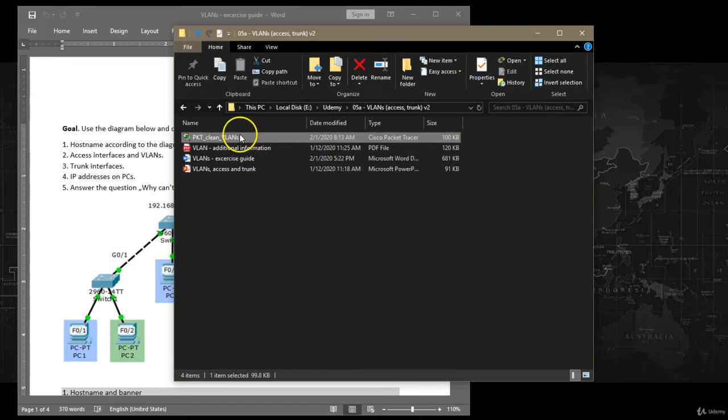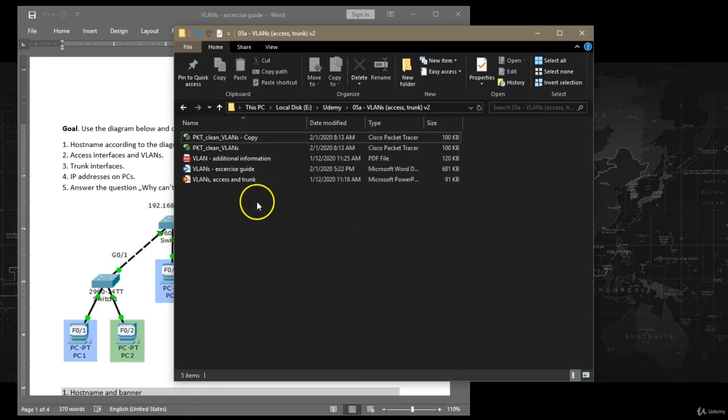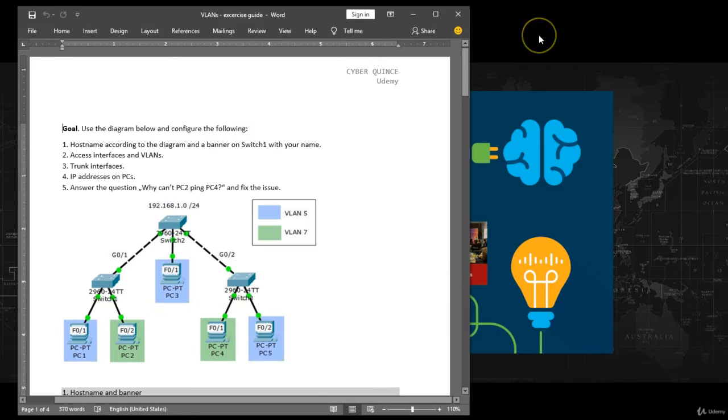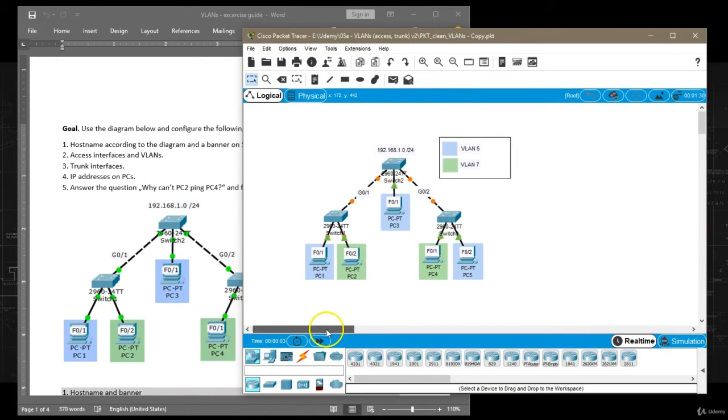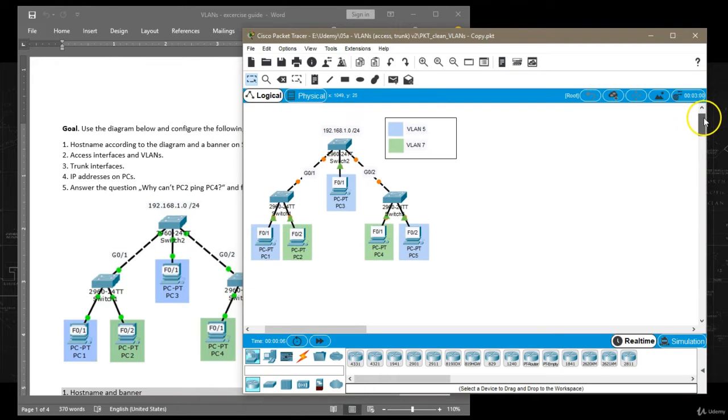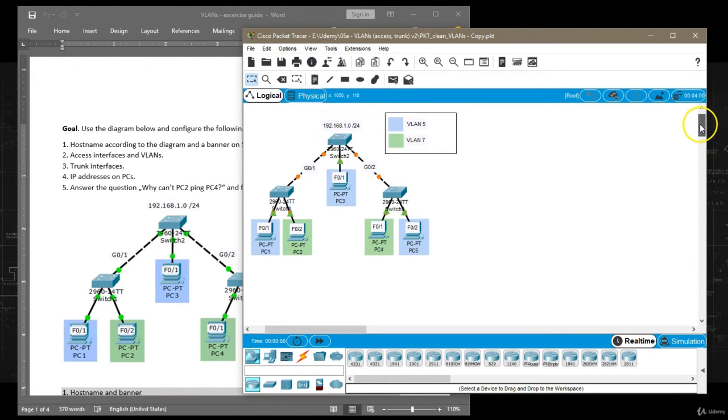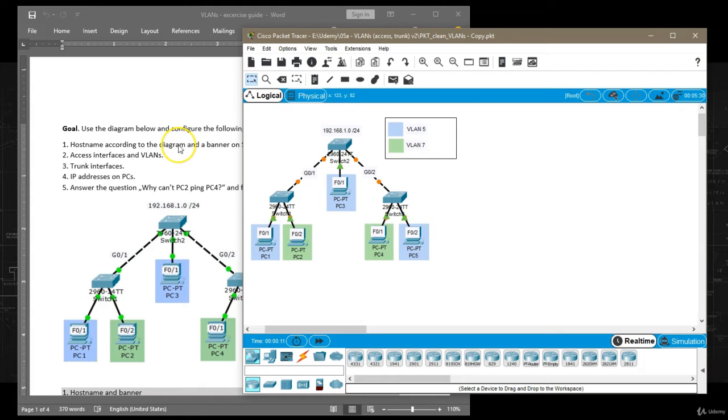I'm going to create a copy of this file so that I don't mess up the original, and I will work on the copy. I will complete each task on all devices first before moving on to the next task. I'm going to use the fast forward button right away to get the links up,